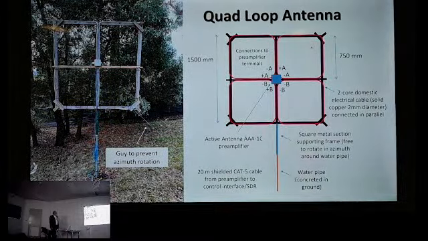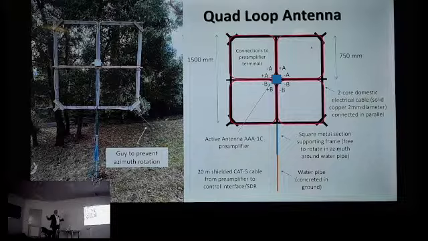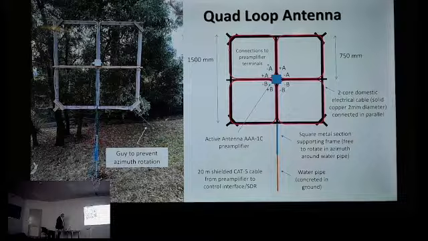Just onto this little antenna. So this is my main antenna. It's literally 1.5 meters on the side, easily transportable. I've taken this out to different places, stick it in the ground or on a tripod, get away from some of the interference. And it's really 4 loops of electrical domestic cable connected up to a preamplifier, and that then